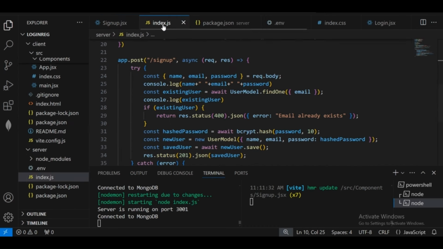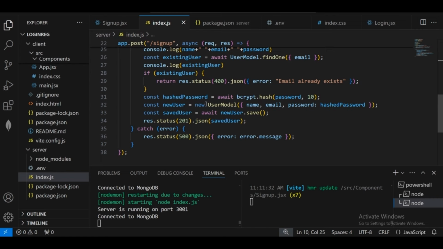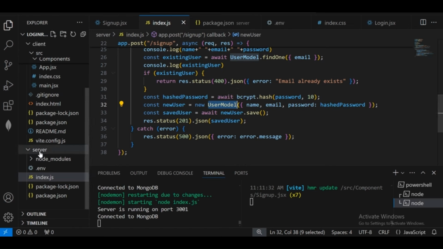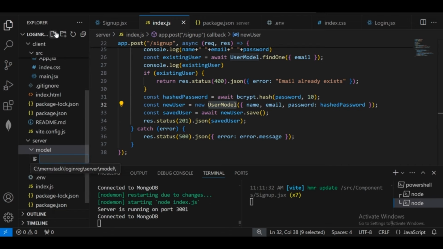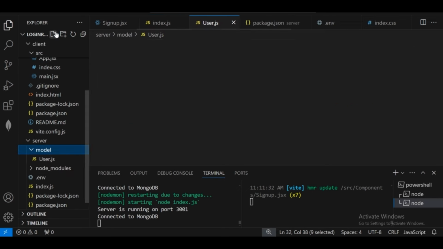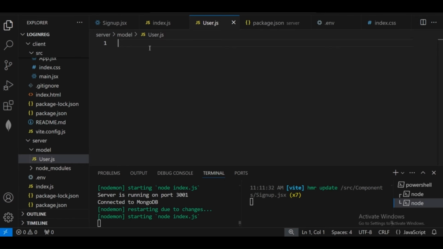Now the only thing we are left with is to define the user model. As you have seen previously, I have used this new User model. But from where are we getting this? We have not defined anything for that. For that, I have to define the user model. So inside the server, I will create a folder named model. And inside this model folder, I will create user.js. So inside this user.js file, I will define the Mongoose schema to store the name, email and password in